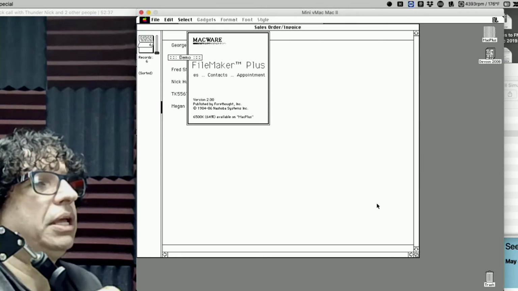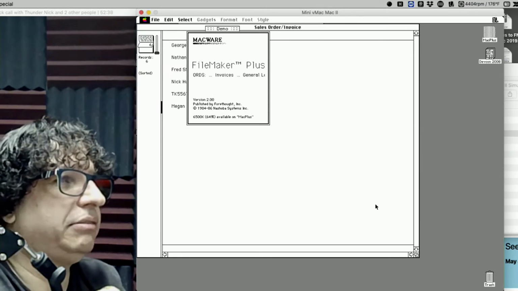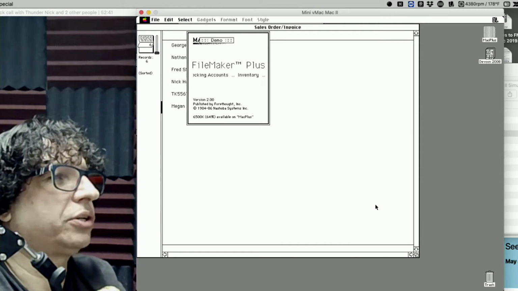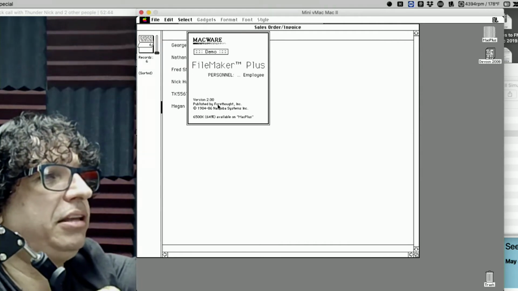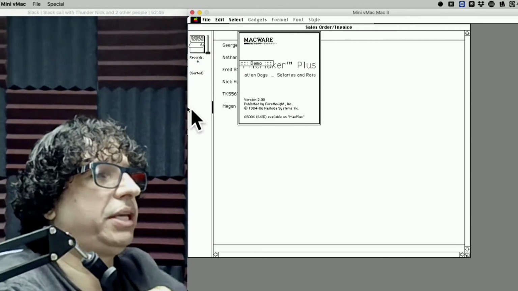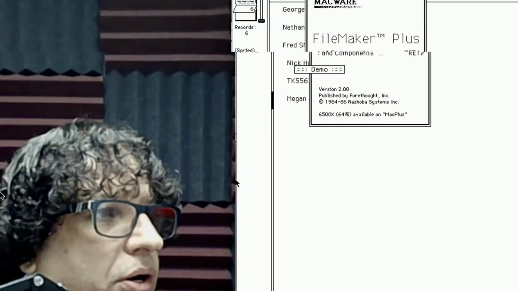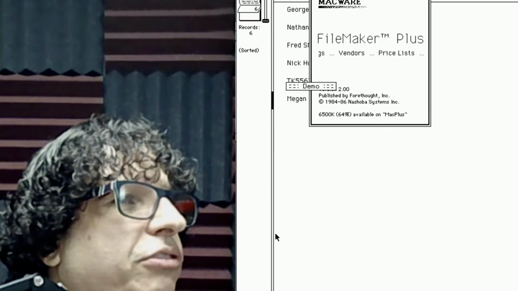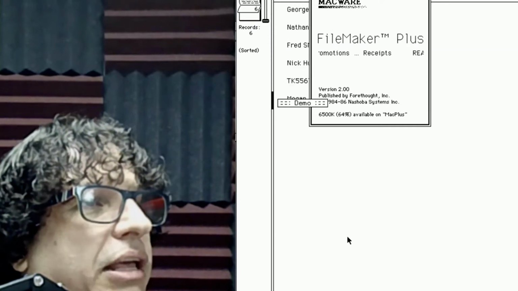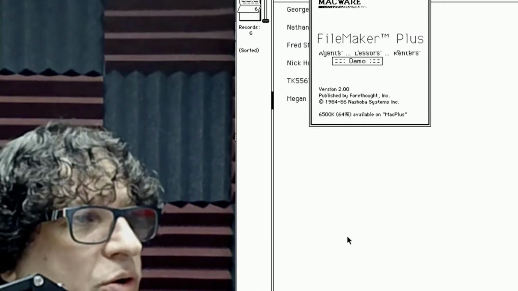Okay. So back in the day, that Macware software. Macware was the distributor. It was a distributing software company. Remember Macware back in the day?